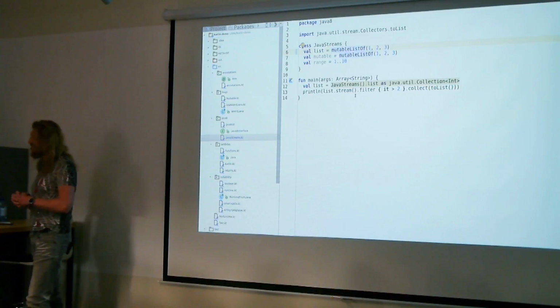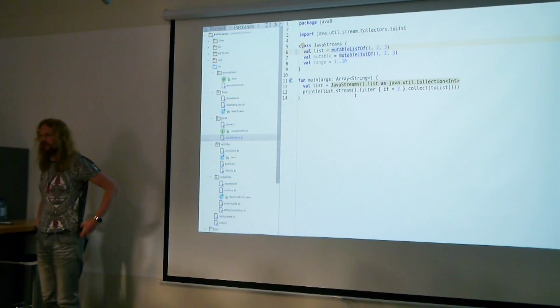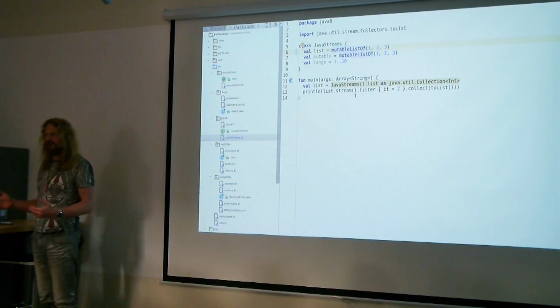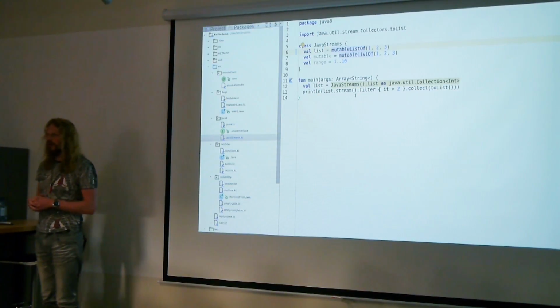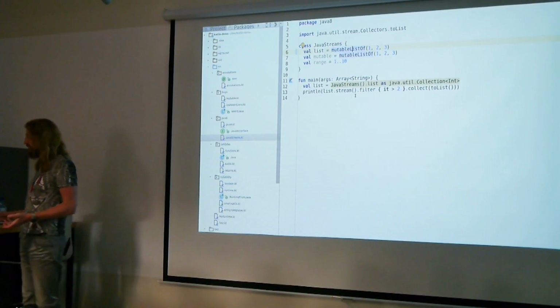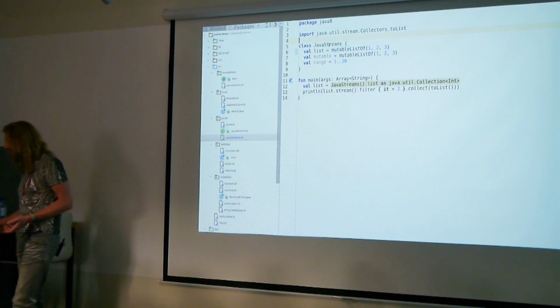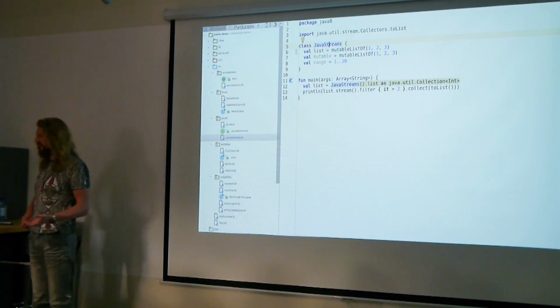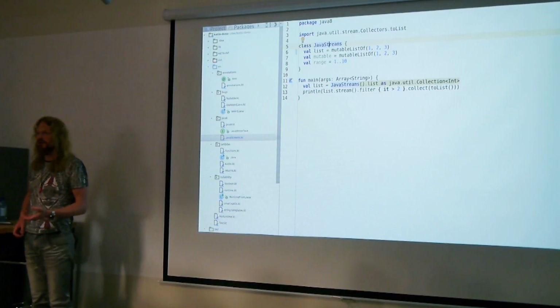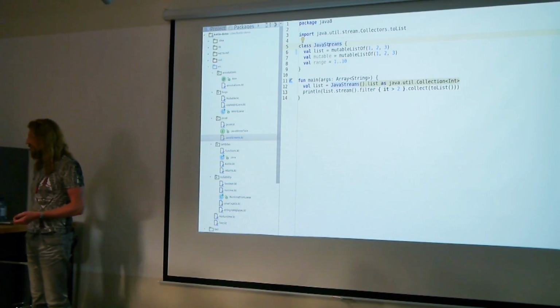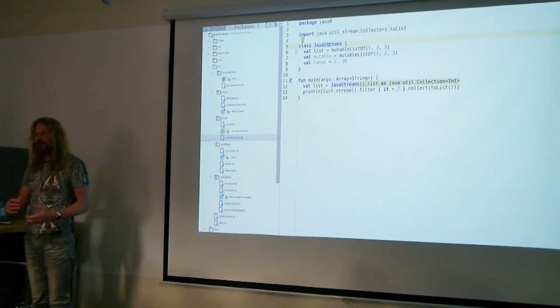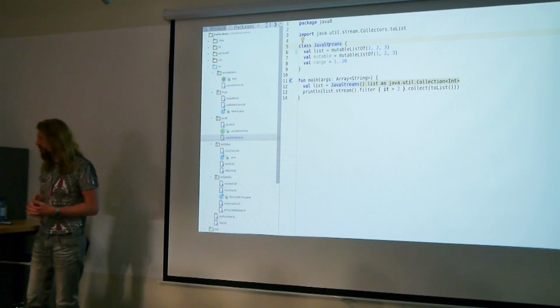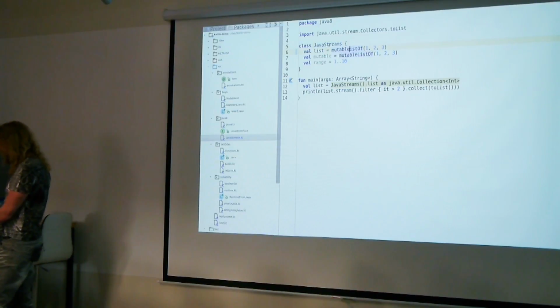So I asked the Kotlin developers, how did you achieve that? Because most of the other types are compiled to the JVM and used the same way. If I define a class Java streams and compile it, there will be a Java streams.class file that will be perfectly usable from Java as well. But it seems that collections are hard-coded into the compiler and treated in a special way, with all the benefits that they are compatible.